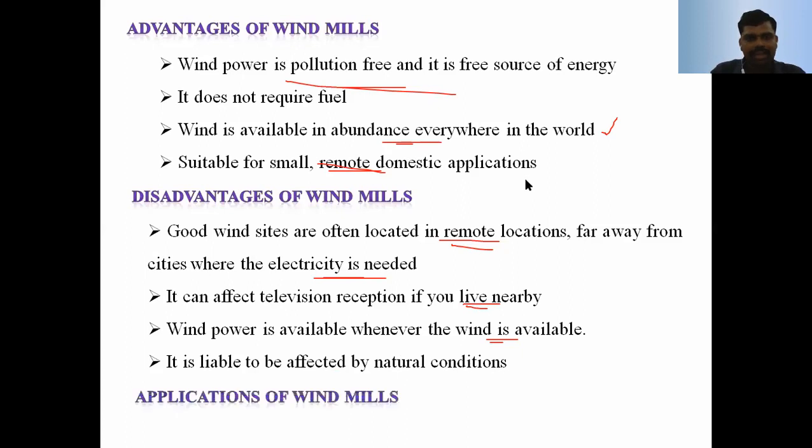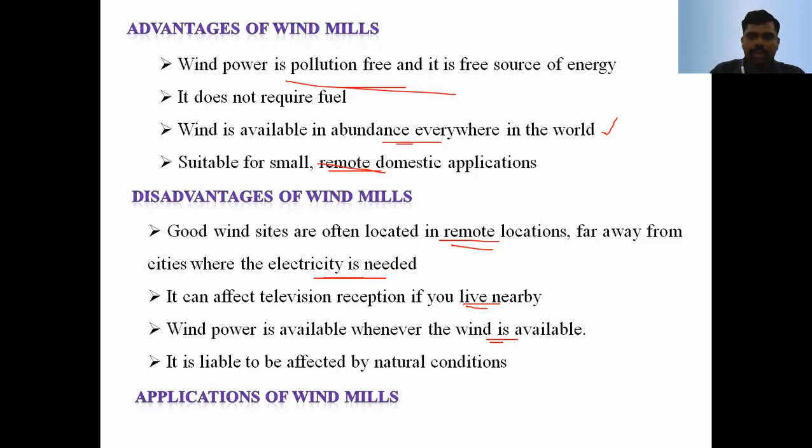And applications of the windmill: we can utilize it for electric power generation, water pumping purpose, that is agriculture purpose, and telecommunication purpose, weather station, street light, that is highways as well as roadways, hybrid power generation. Combination of more than one system is nothing but hybrid power generation. The combination with respect to wind as well as solar, or wind as well as thermal, wind as well as nuclear power generation.